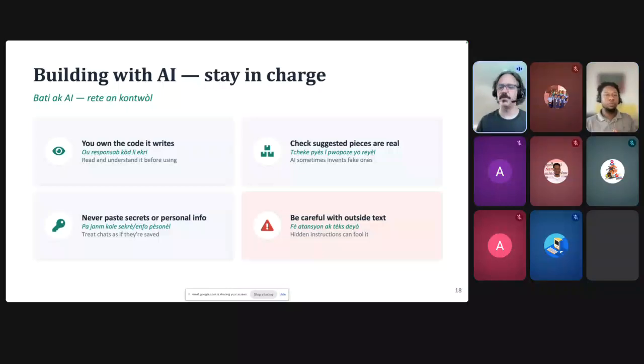And this means if somebody gives you a prompt to run, or maybe you find a prompt online,